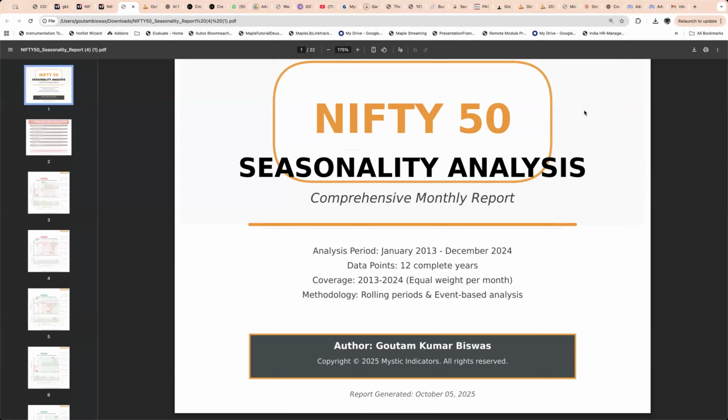Now, you can't take one event and do the analysis, right? So you will have to take a minimum of 10 years, 20 years of data. If you're doing Jupiter-Saturn analysis, probably you'll have to take 60 years of data because their cycle itself is 20 years, right? If you do not analyze a minimum of 60 years of data, then you will not get enough data points. But for something like the Sun, Moon, and Mercury, even 10 years of data is more than enough, because you have enough data points.